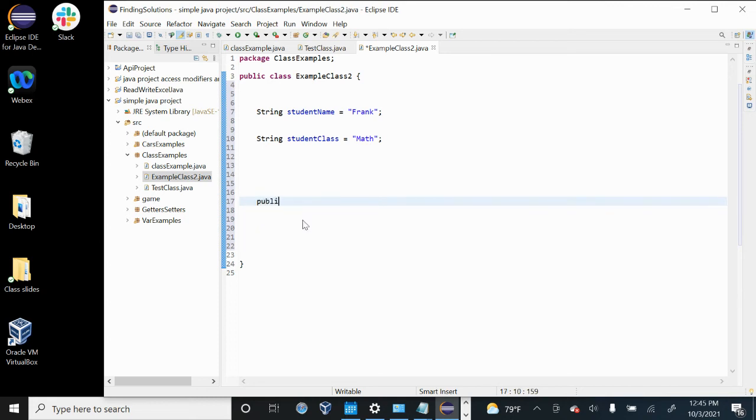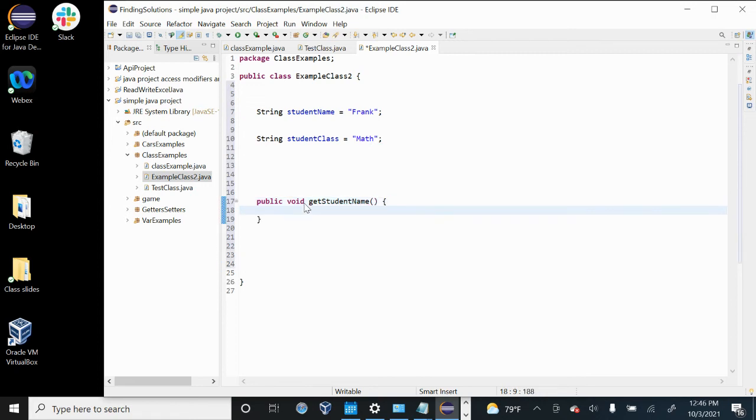So for this particular method, function, or ability, right, for the later to come object, we're going to name it public void, and let's name it get student name. So this is just going to print out the student's name. Let's just say print student name, and we're going to sys out, control space bar, and we're going to say